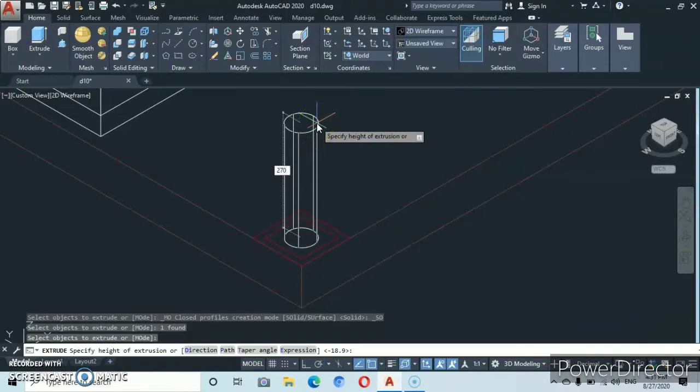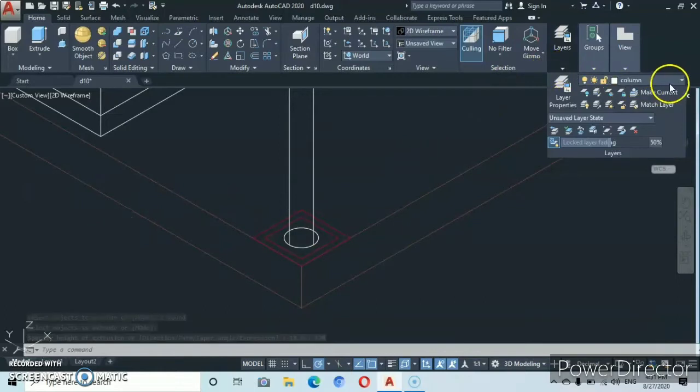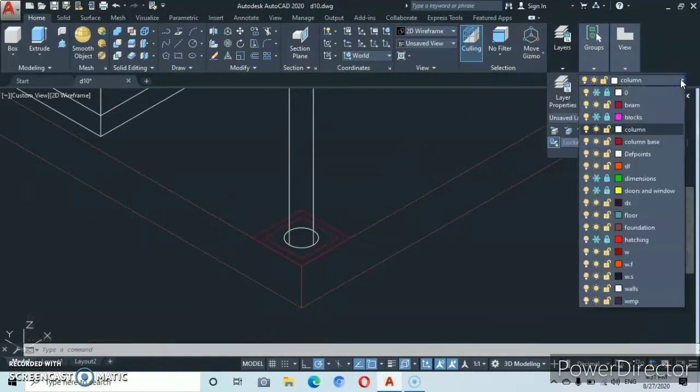270. Enter. Now let's go back to change the layer for the column base, or we call it footing. So here we have column base. Let's take a very bright color. Okay,